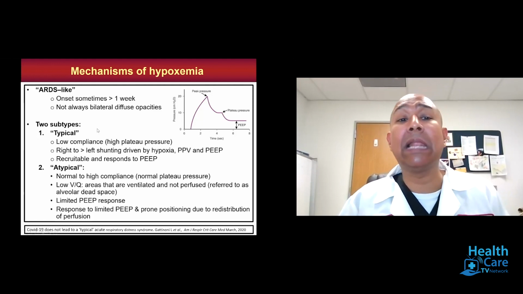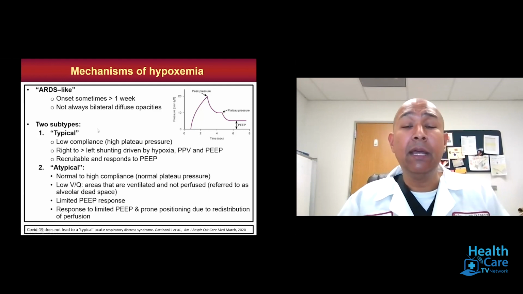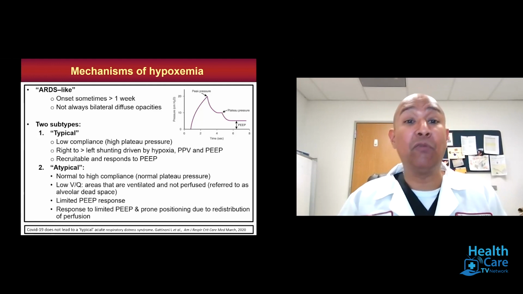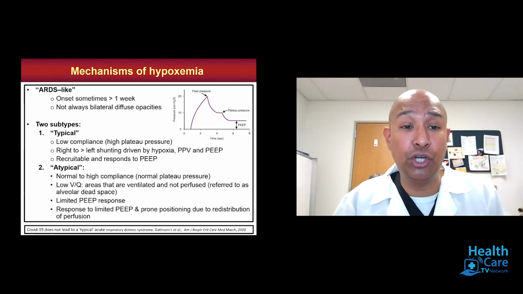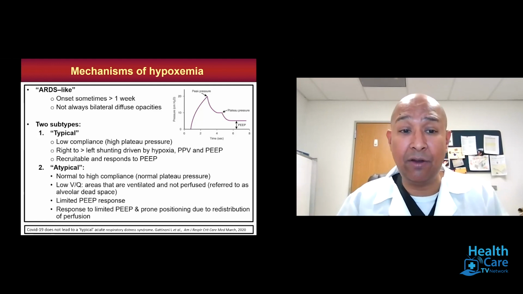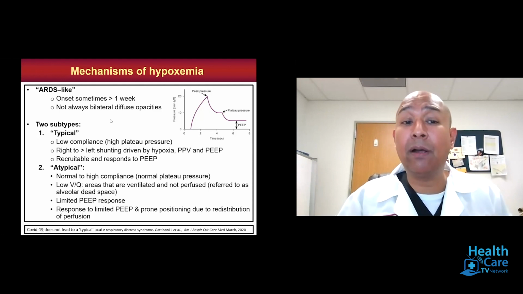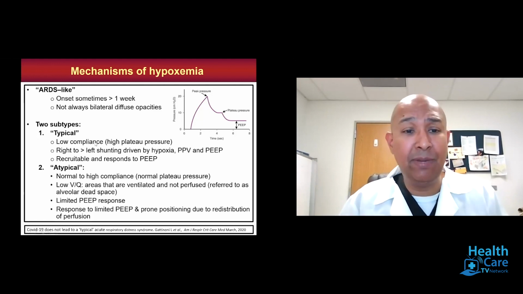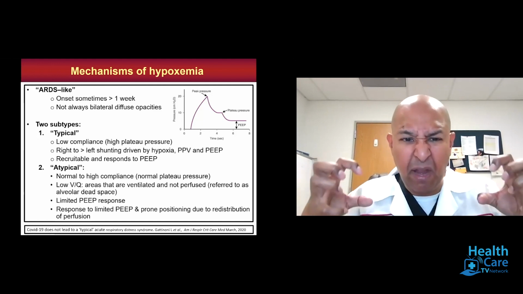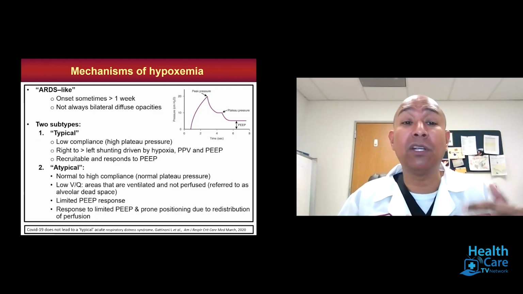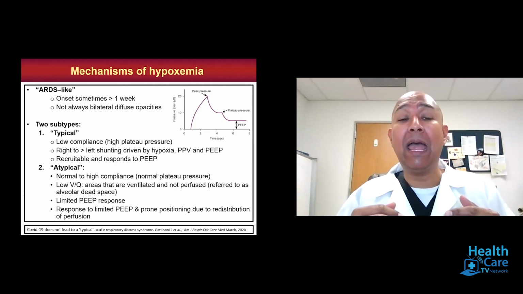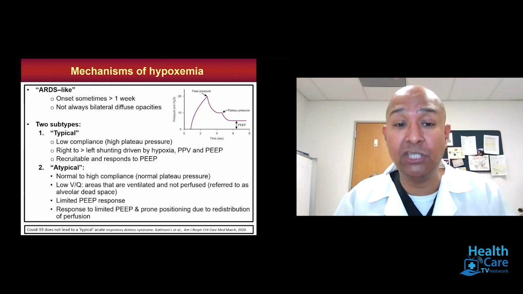So let's talk about the classic one. And please refer to my video that I recently put out, and maybe I'll have some kind of link to actually jump to that if you want to learn about classic ARDS. And when we talk about classic ARDS, it is low compliance, meaning that the lungs are very, very, very stiff. And the reason why this was brought to my attention, and I've actually seen this in my patients, is because